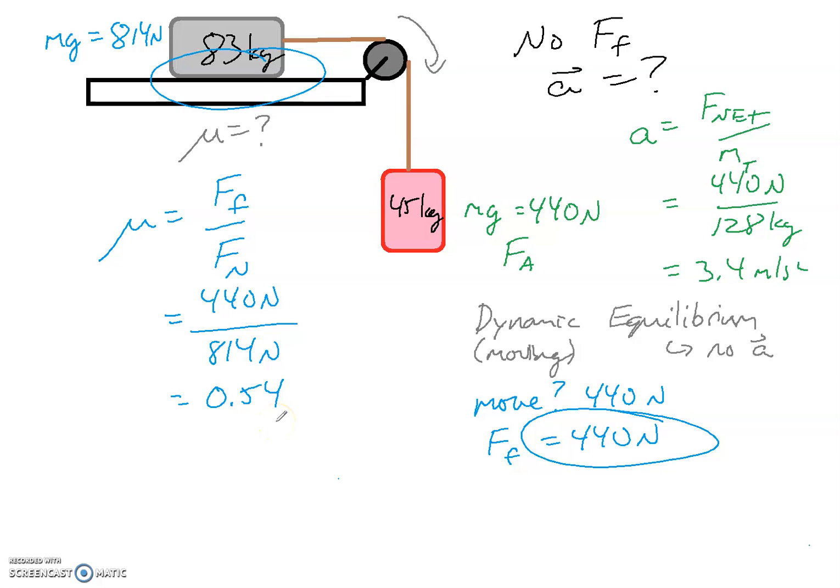And remember, there are no units for the coefficient of friction, it's just a ratio of the forces. The units actually cancel out. So a coefficient of friction of 0.54 would allow this thing to be in dynamic equilibrium, not accelerating, still moving, but not accelerating. Any higher coefficient at all, this thing would not be moving at all. And with any lower coefficient of friction, it would move, but it would also accelerate. Not accelerate at 3.4, because that's with no friction, but somewhere between 0 and